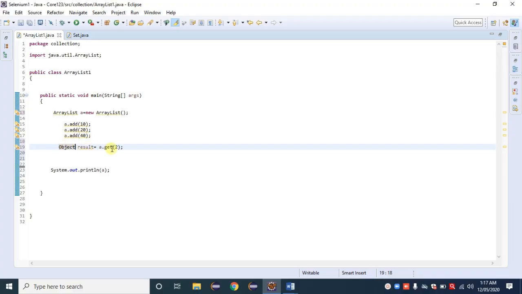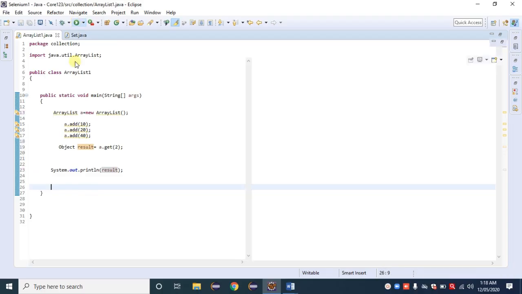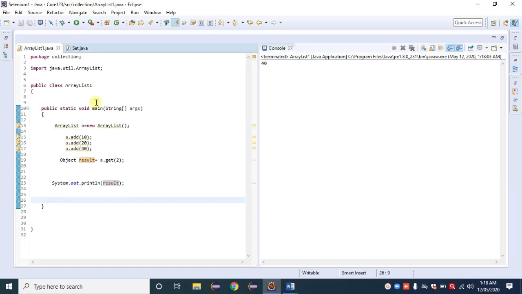Then I can provide the result. Click on the run button and we get the result here, that is 40. Directly I can also provide that value inside instead of result, no problem, but I am providing it inside a variable and then calling that variable here.